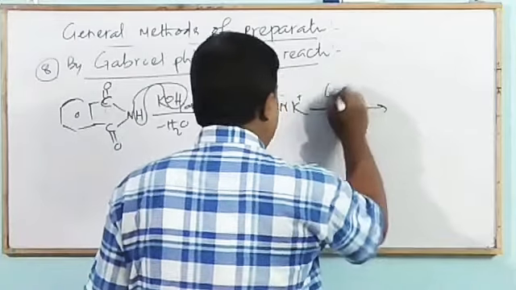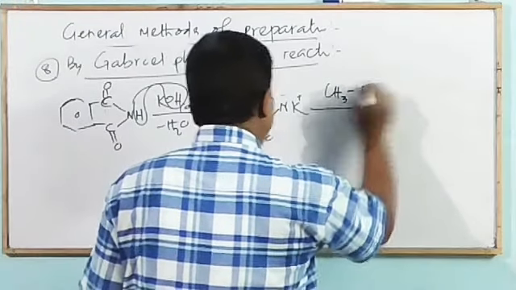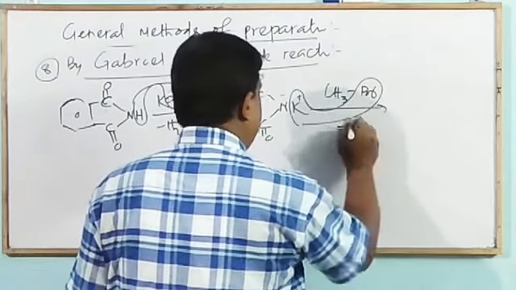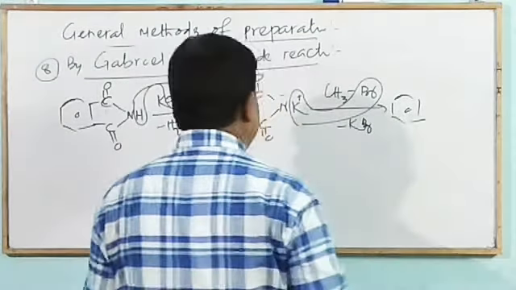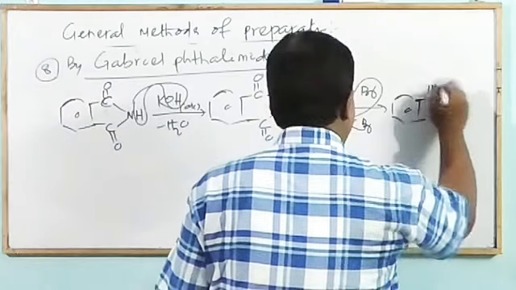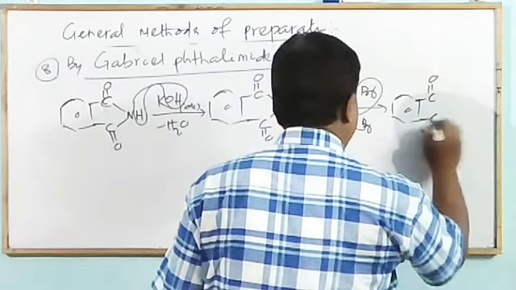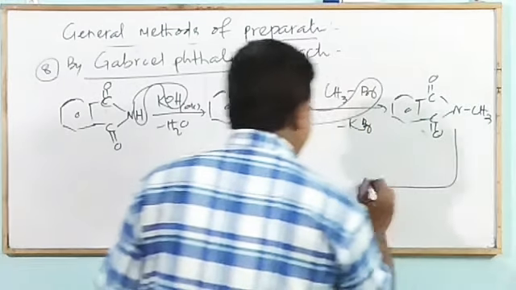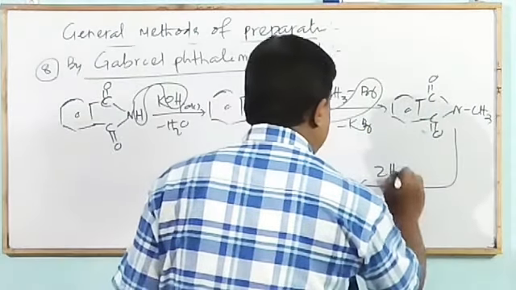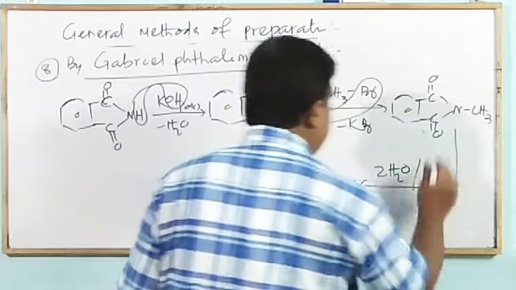Again it reacts with alkyl halide. What is the byproduct? Potassium bromide, to form nitrogen substituted, that is N-methyl phthalimide. It is formed; when it undergoes hydrolysis in the presence of mineral acid,